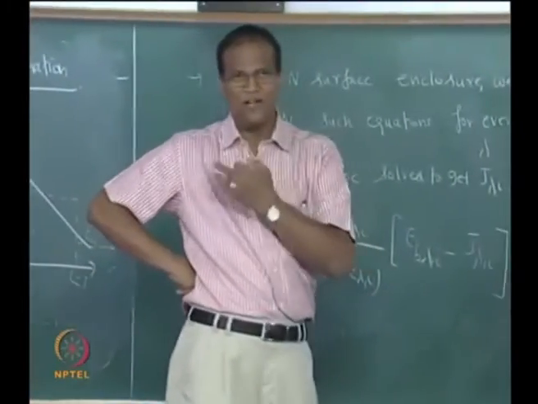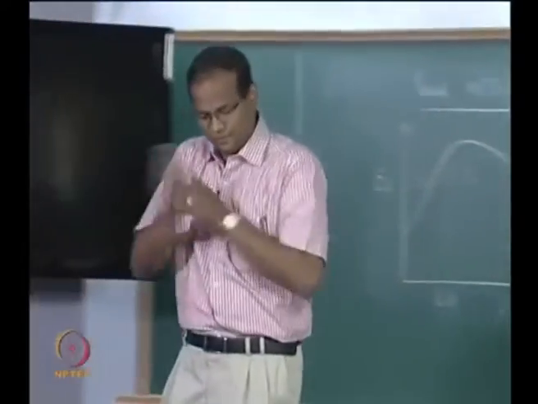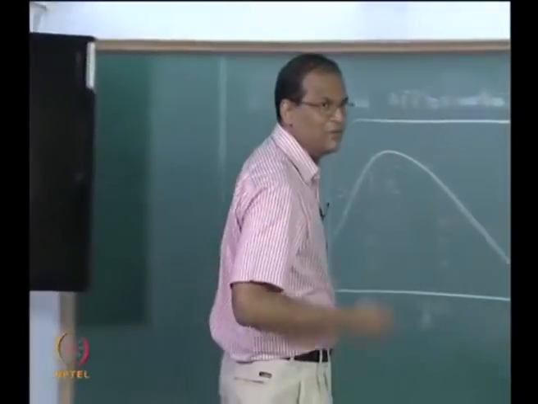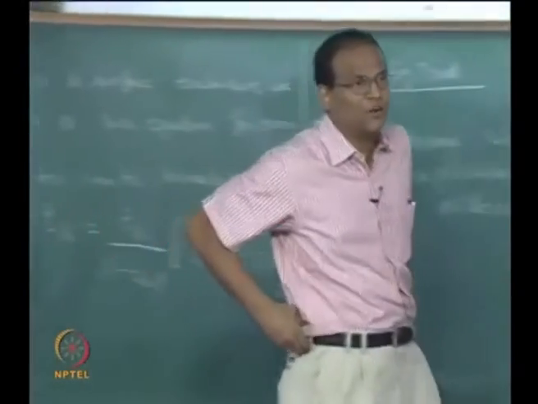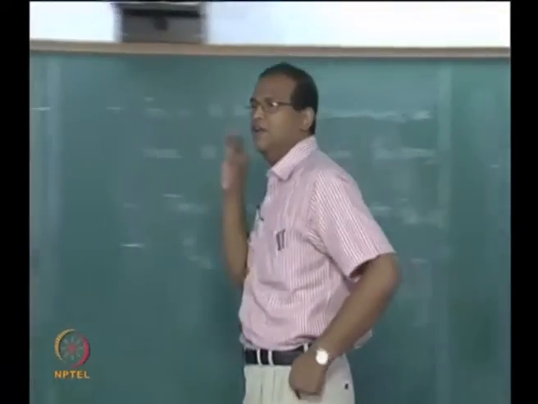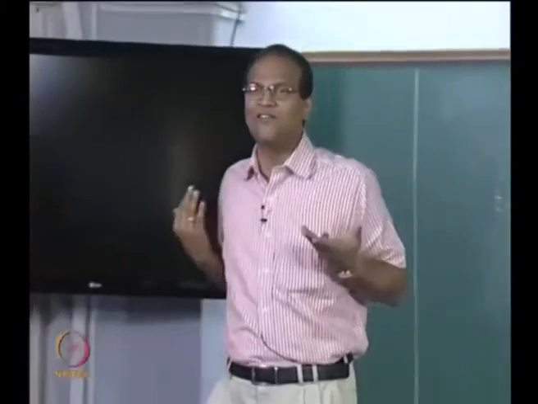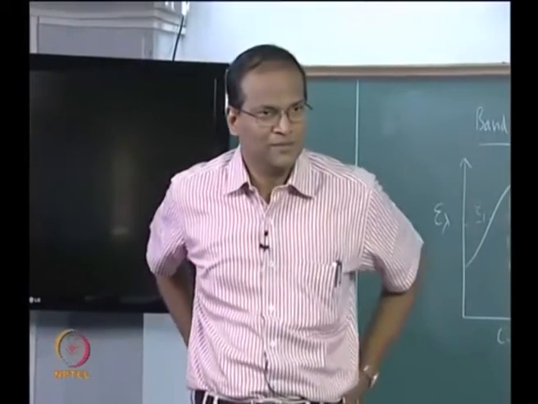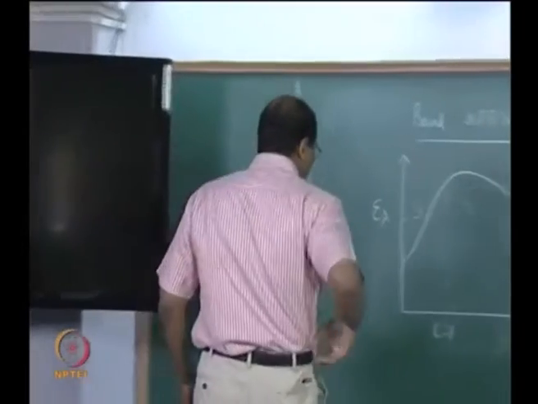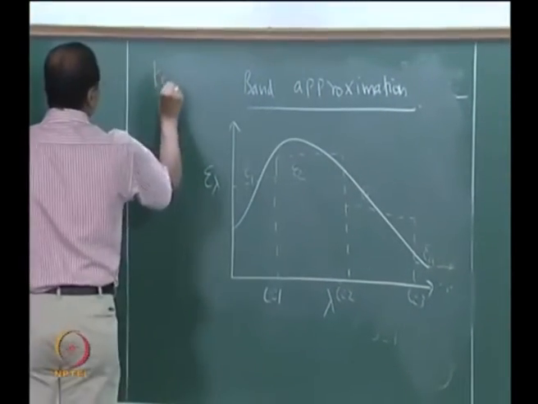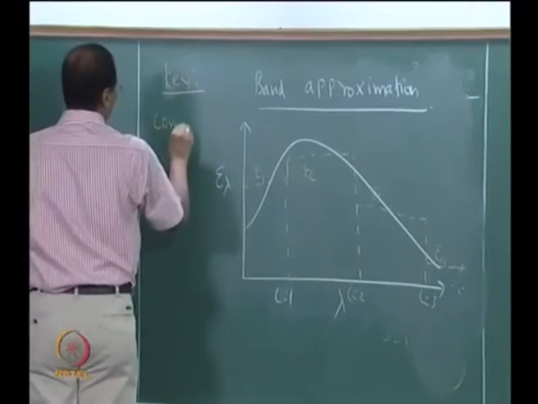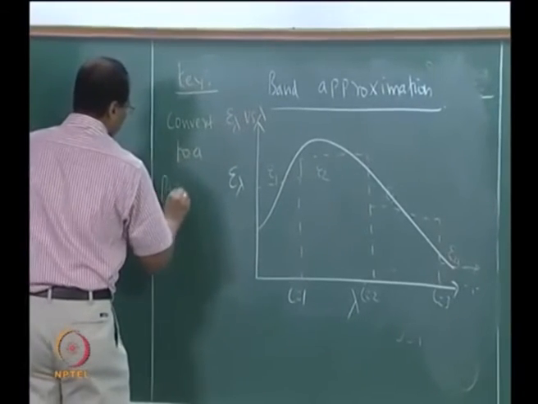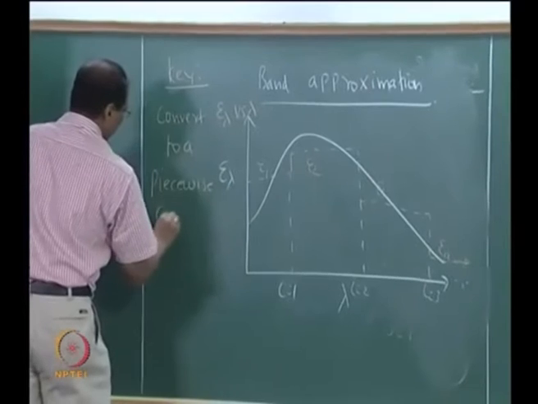What have we done mathematically to a continuous function? It's a piecewise constant emissivity model. So a continuously varying function has been converted to a piecewise constant emissivity which can be easily handled, and I know I can use the f function chart. Now this sort of epsilon lambda versus lambda, so many problems you have solved, isn't it? Correct? Okay. So the key here is a piecewise constant emissivity model.